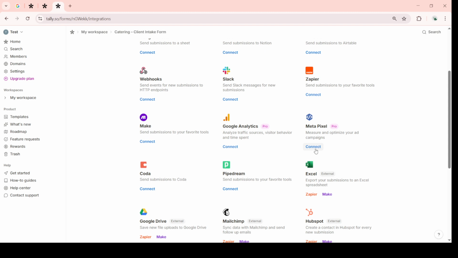This integration will enable valuable tracking of user interactions that can provide insights for optimizing your campaigns. Being proactive in understanding and utilizing these insights can greatly enhance your marketing efforts. I hope this guide has clarified the process for you, and I encourage you to make the most of the data you collect through your